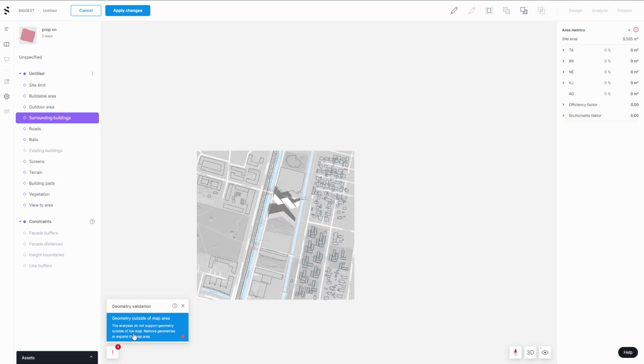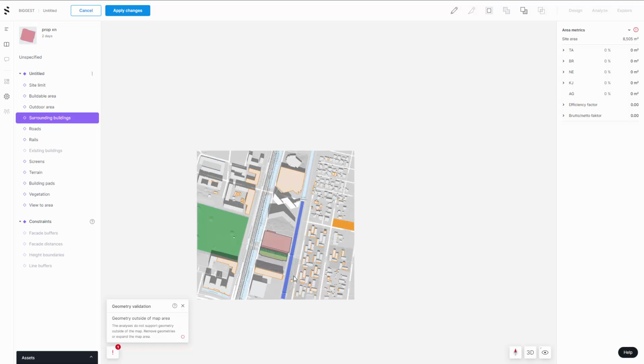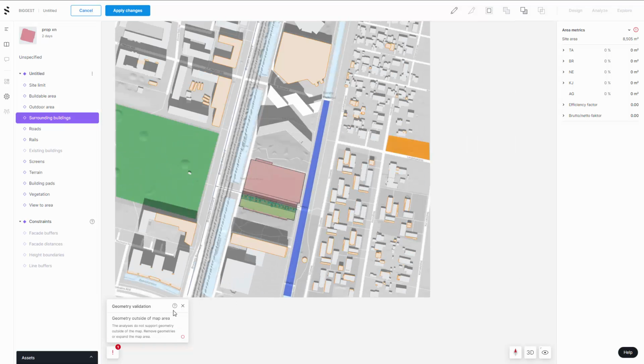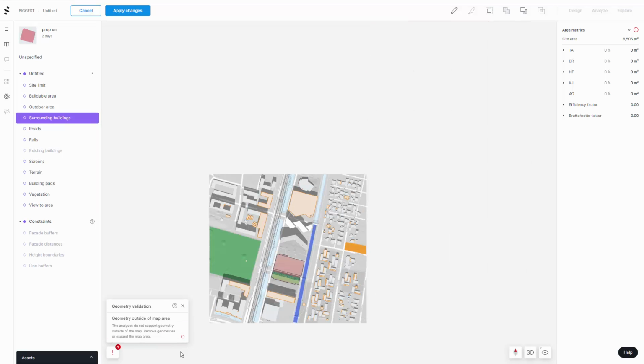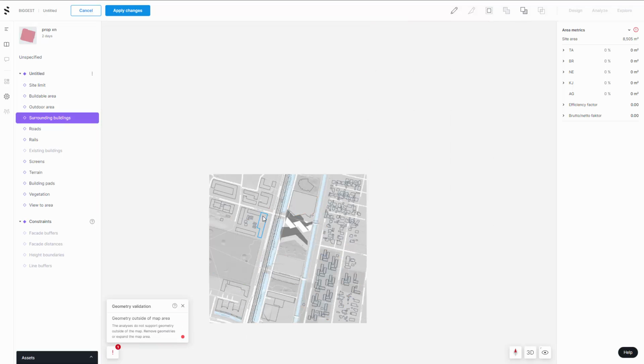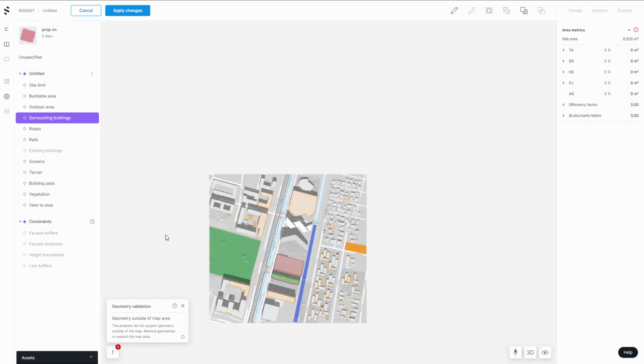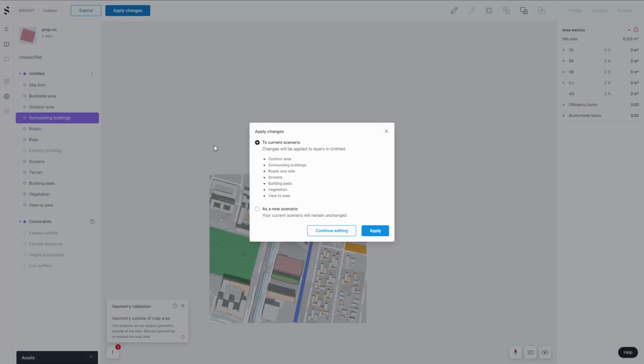Okay, so yeah, looks like there's some geometry overlapping somewhere, but it's not going to affect me too much. Ideally, what I should be doing is updating. Yeah, okay, so anyway, I'm going to apply changes,